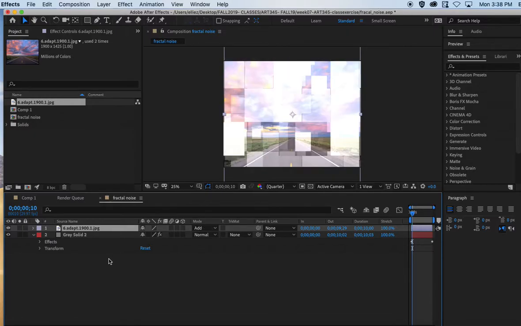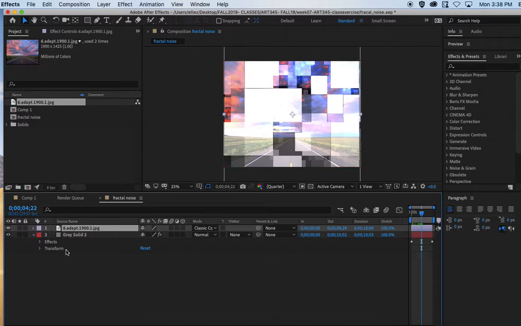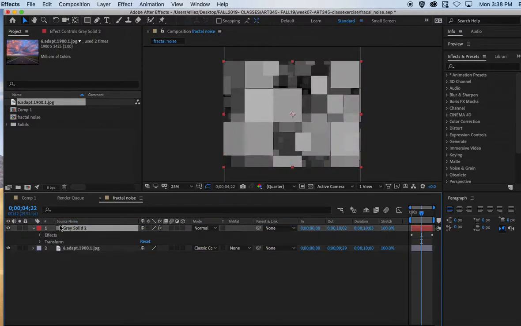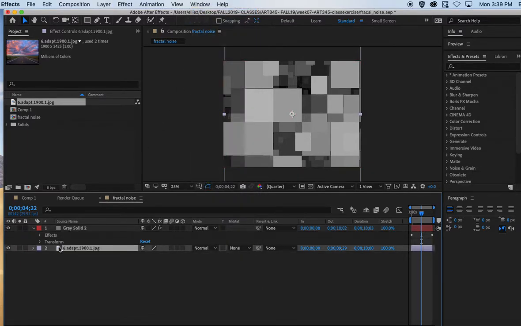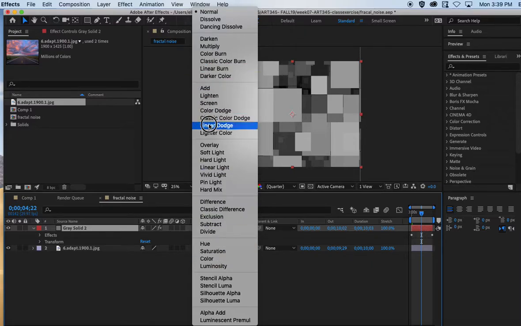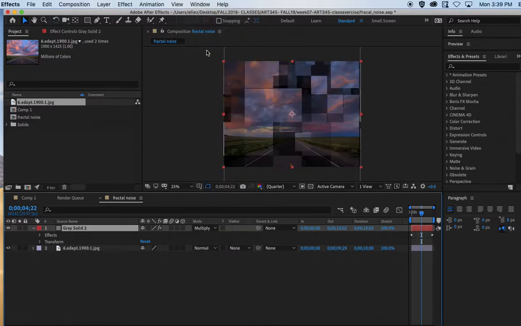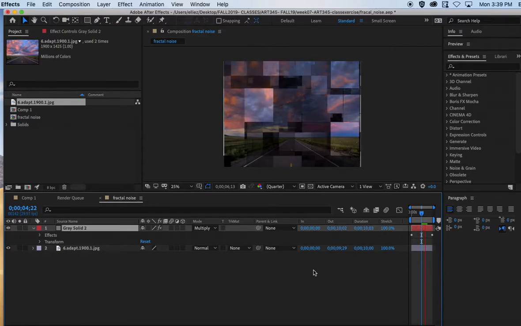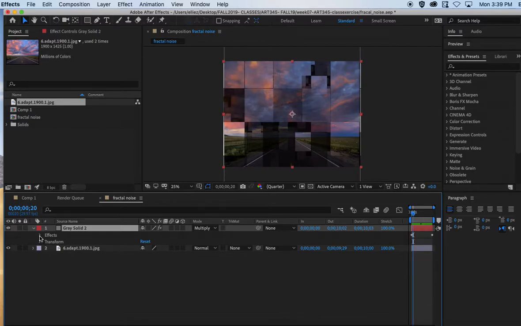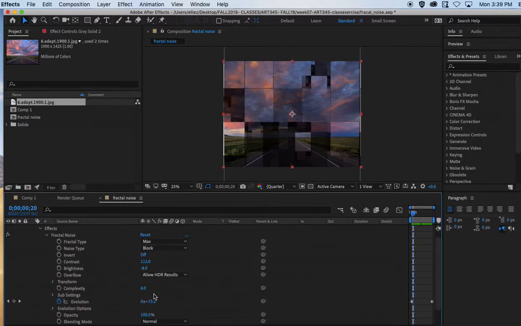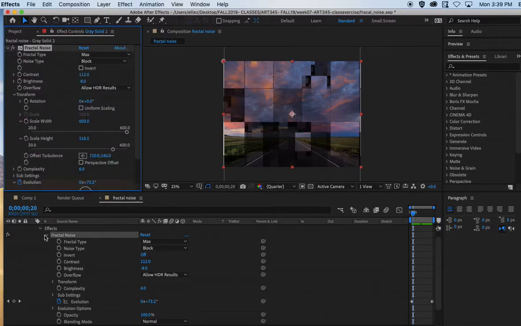You can combine your top layer with the bottom layer and have the animation reveal or interact with the animation. I have a static picture, but I can totally have these interact with each other. And if you have a video or whatever movement, that can really create some interesting results. So I'm going to go back to my effects here, and I'm going to turn off